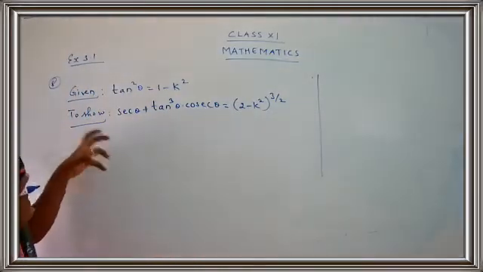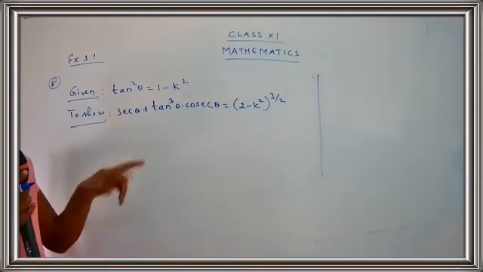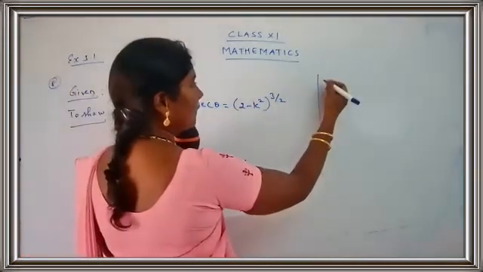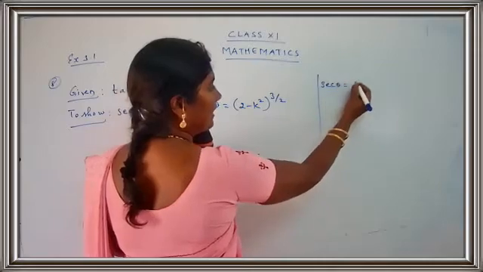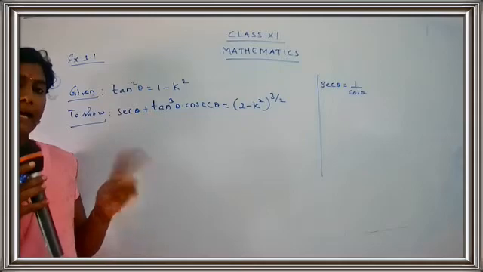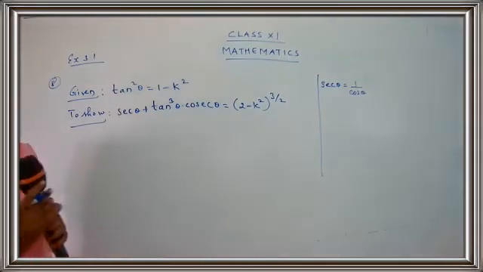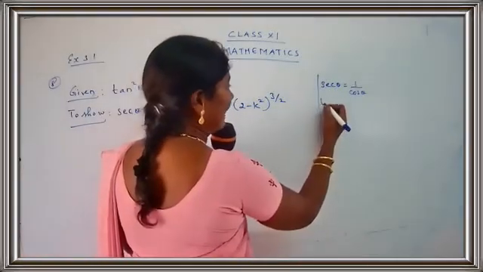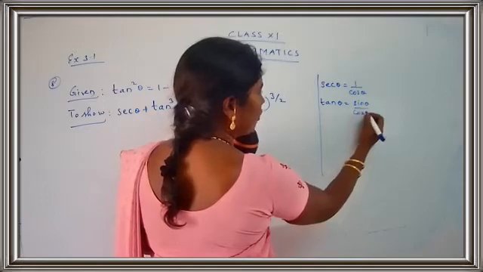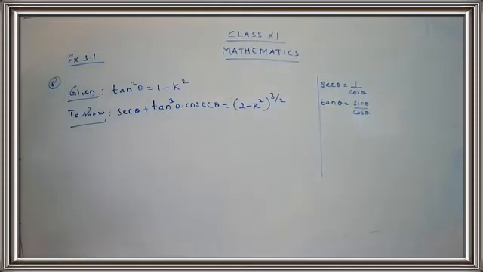So here we have some trigonometric functions used like secant theta, tan theta, cosec theta. Let's write down some formulas based on these. Sec theta can be written as 1 upon cos theta. You have to remember that sec theta and cos theta are reciprocals of each other. Then tan theta can be written as sin theta upon cos theta. Take down this formula students, which will be useful for you.